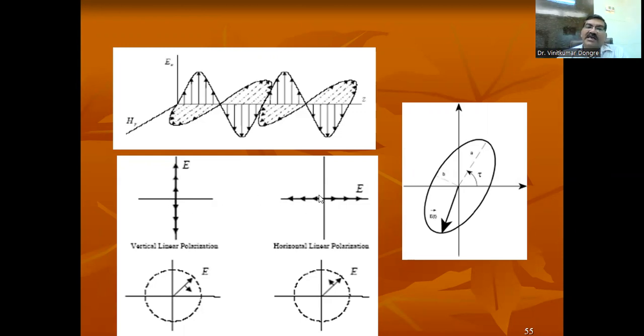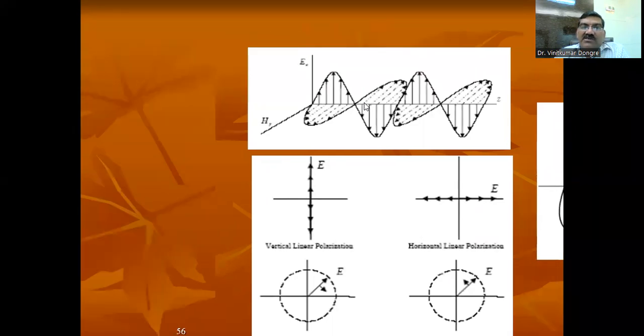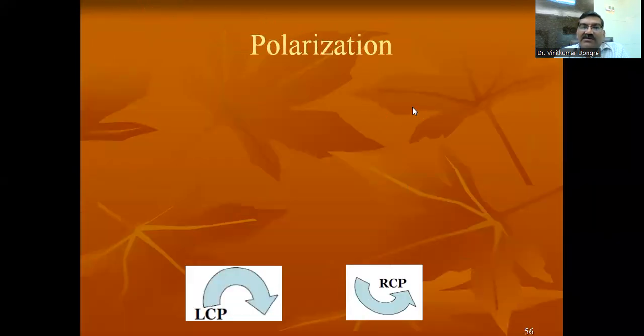Both vertical and horizontal are called linear polarization. Linear polarization is bifurcated into two types, that is vertical and horizontal. What is that? I'll show you. There is a fantastic simulation here, so you will understand completely. Now, there are the elliptical and the circular polarization. So what is that? I'll explain it to you. So here,